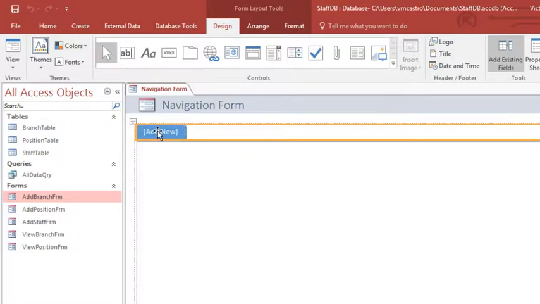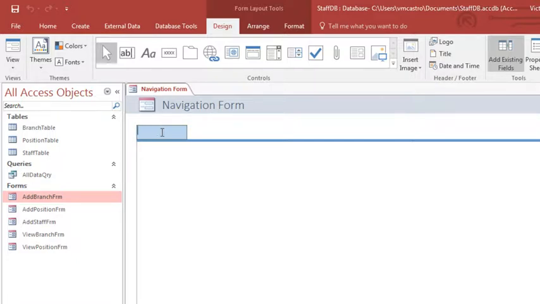We're going to add a new button that's going to show us all data. Okay, and actually I don't have that form yet. I'm going to build it later. And we're going to add a form for view by position, and we're going to add a new one for view by branch, and we're going to add another tab for